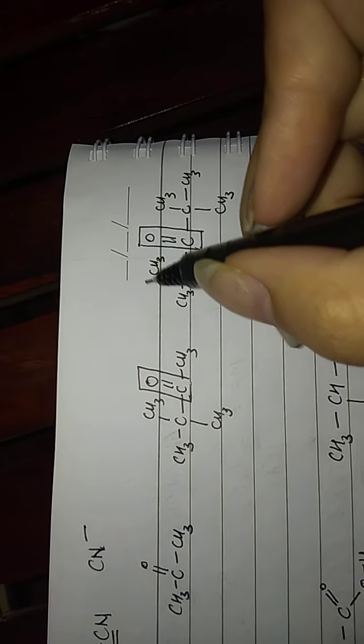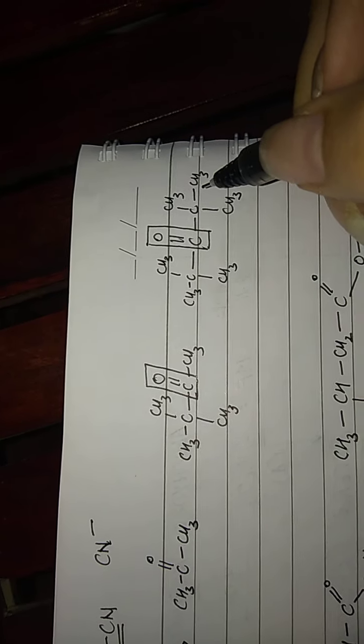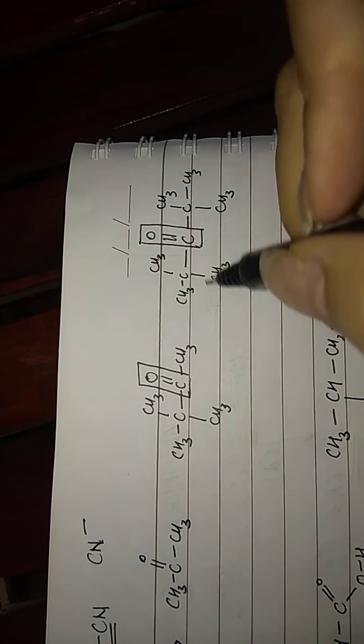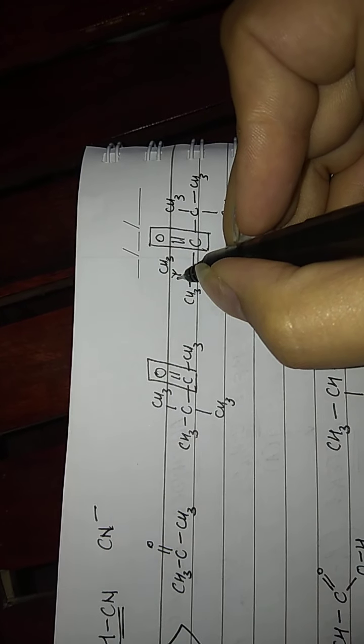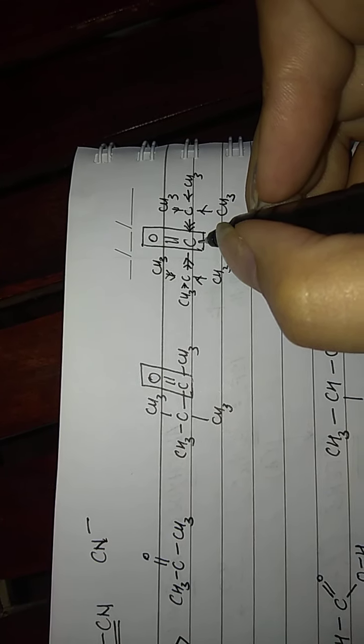reactive towards HCN. Now all of them are having electron donating groups in them. But if I see, this compound is having the most number of electron donating groups. This is having maximum number of electron donating groups. This is coming from here, this is coming from here, this is coming from here, and a net is moving towards this carbon atom. Similarly from here, this is coming to this carbon, this is coming to this carbon, and a net is moving towards the carbonyl carbon, thus decreasing its electrophilicity. So this is going to be least reactive.